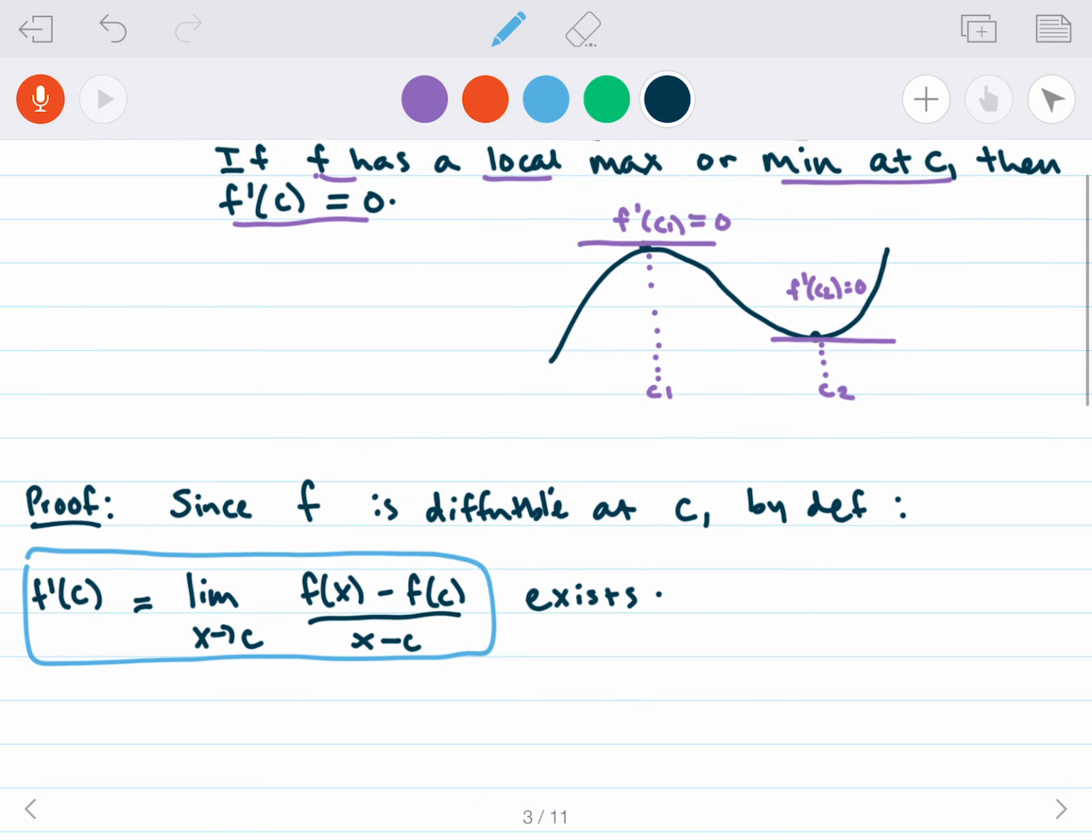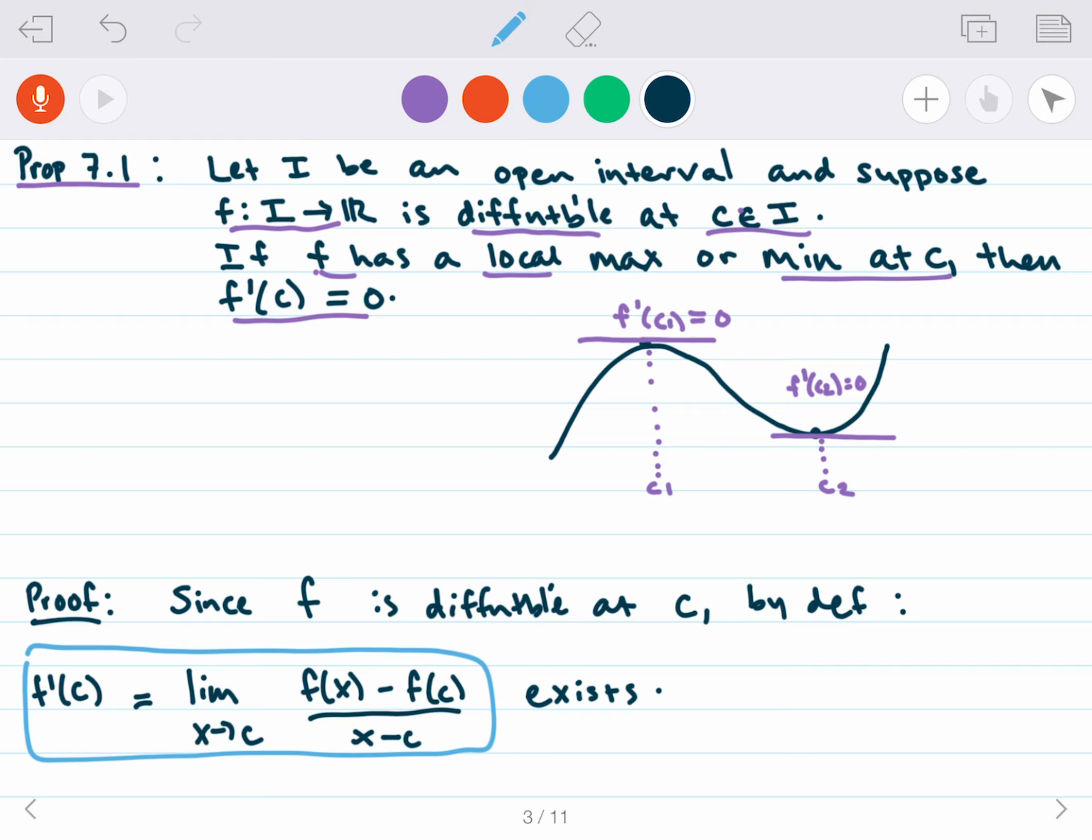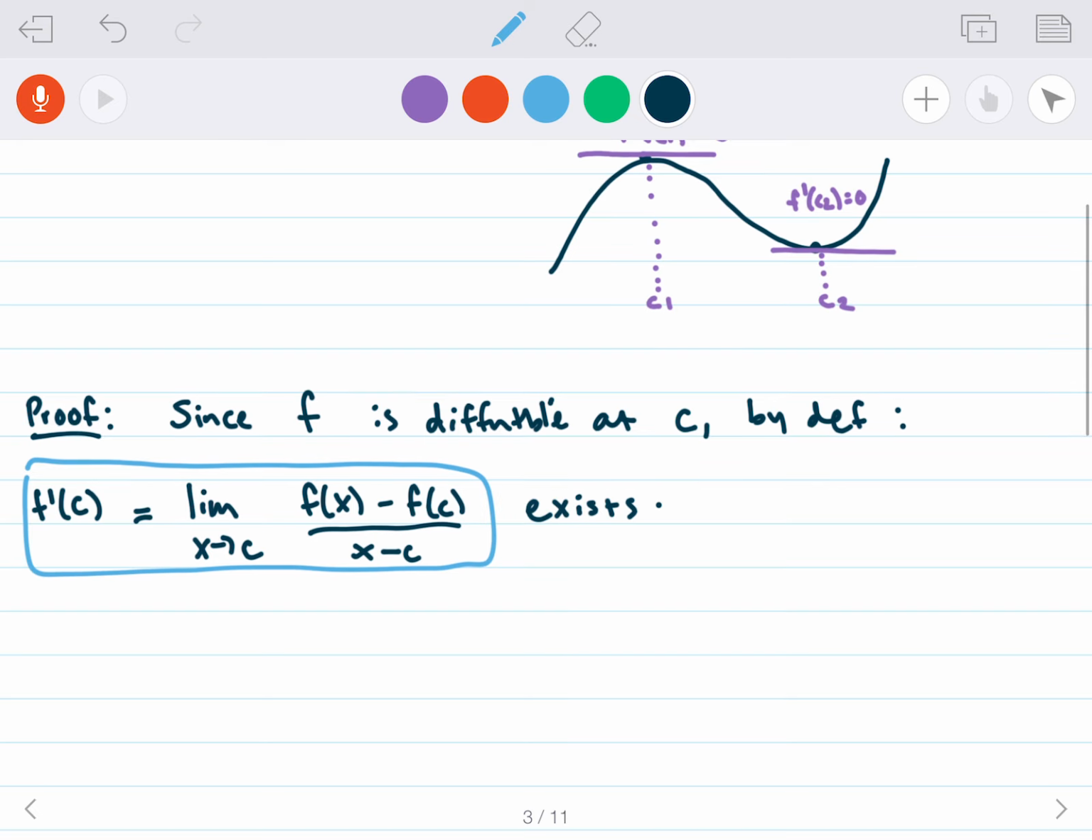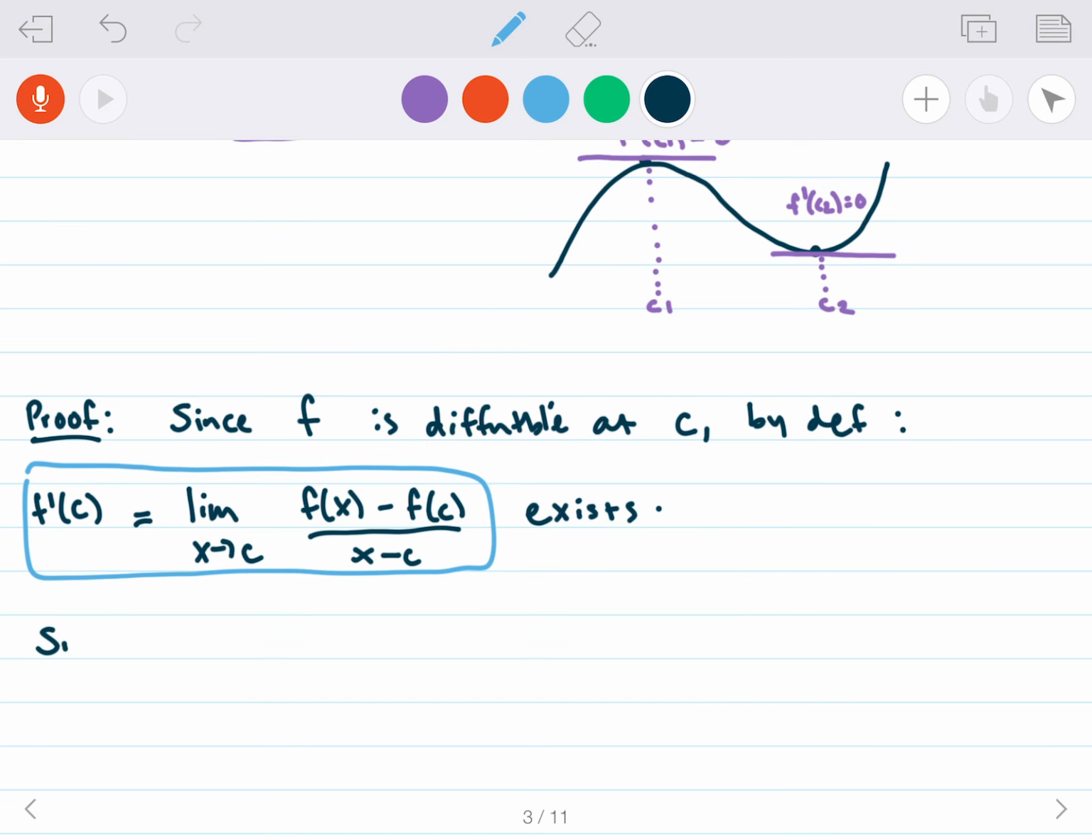What else do I have? I have that f has a local maximum at c. So let's write that down. Since f has a local maximum at c,